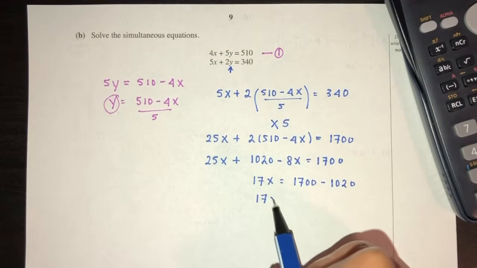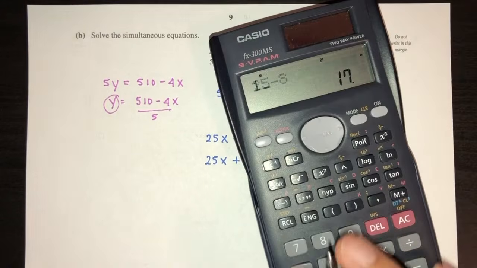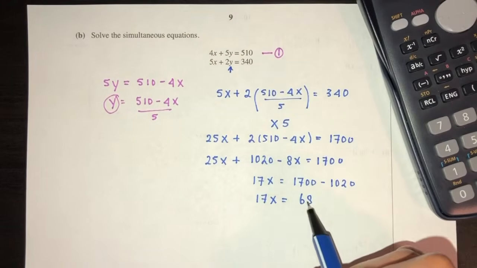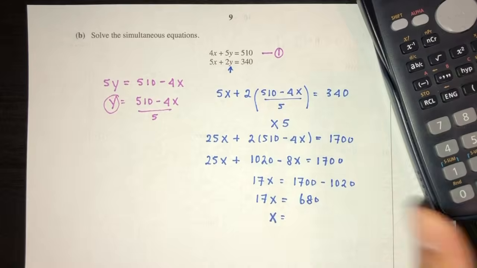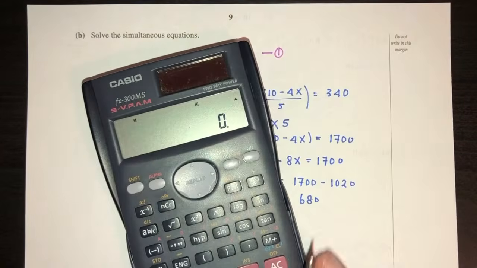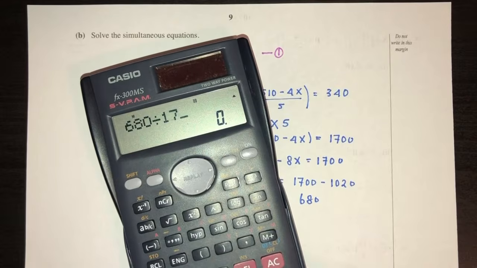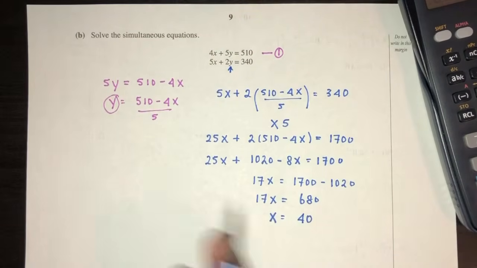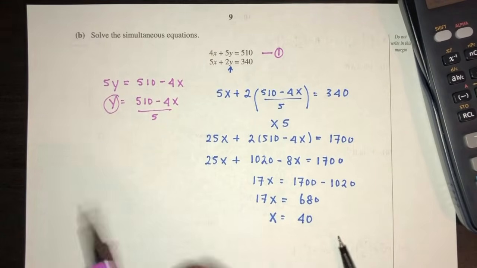So 17x is equal to 680. Now x will be 680 divided by 17, that will be 40. Value of x will be 40. And replace the value of x in this to find the value of y. So y will be